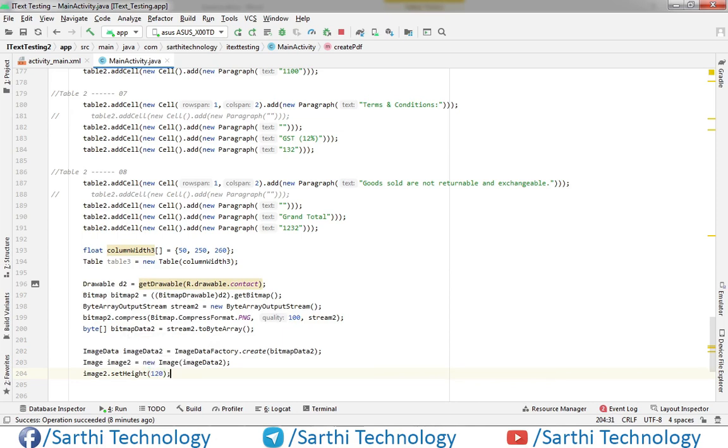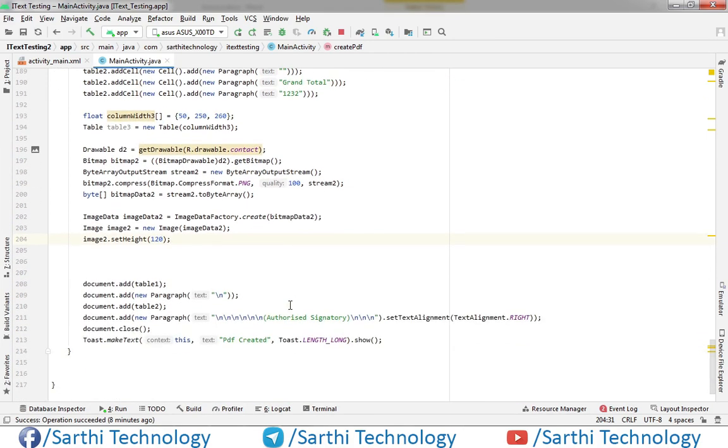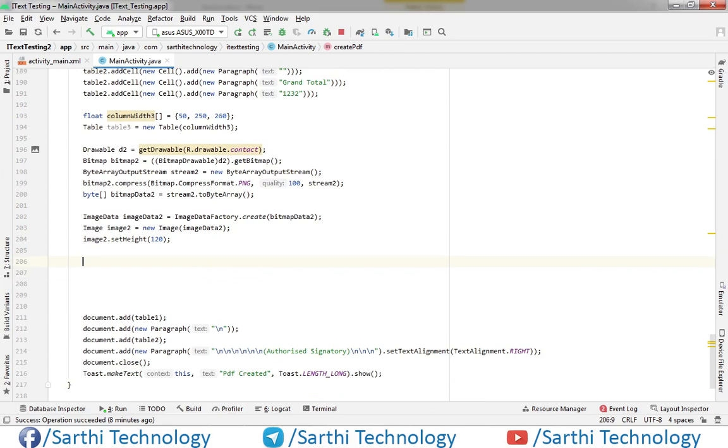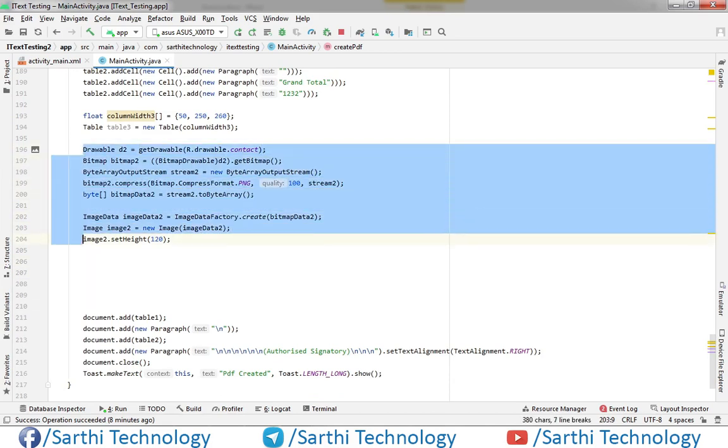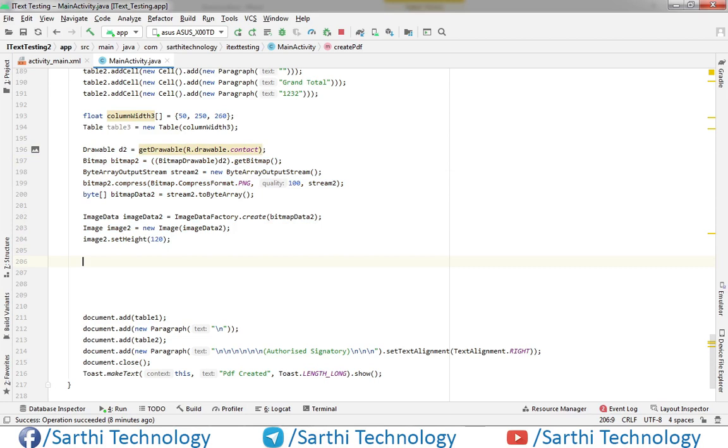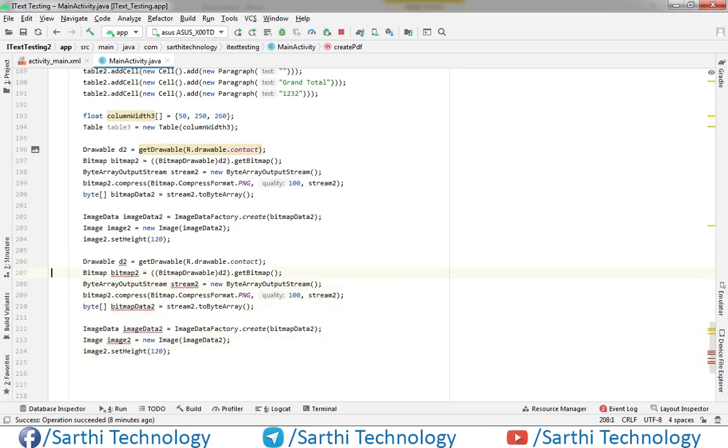Okay, so this is the image 2 and the same we need to create for image 3, and for that just copy this code, paste here and instead of D2 we will put 3. Okay, and its height will also be 120.